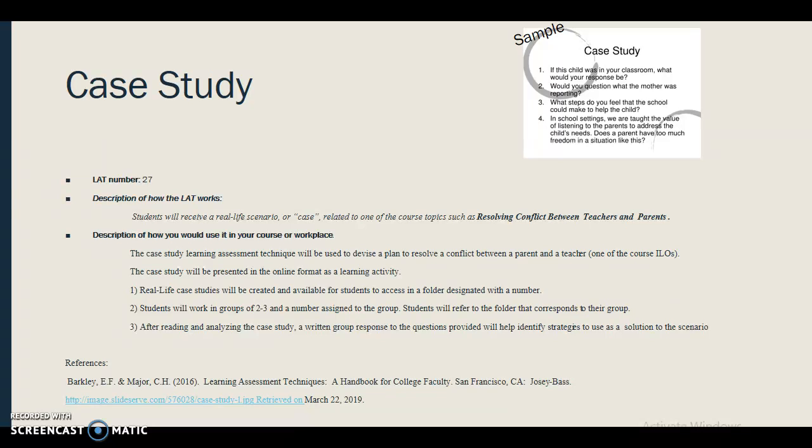The engaged learning strategy I chose is case study. It's LAT number 27. Students will receive a real life scenario or case related to one of the course topics. One of the course topics in my course is resolving conflict between teachers and parents. The case study learning assessment technique will be used to devise a plan to resolve a conflict between a parent